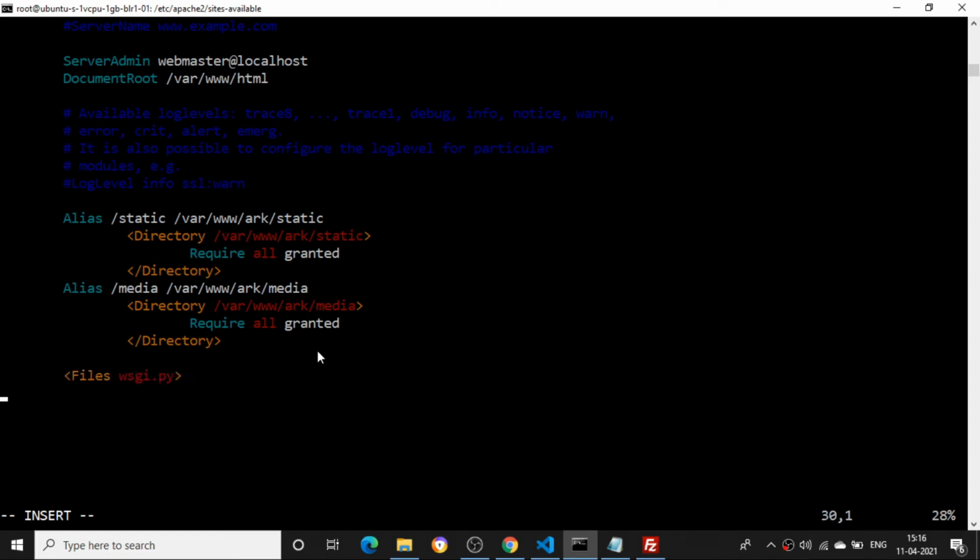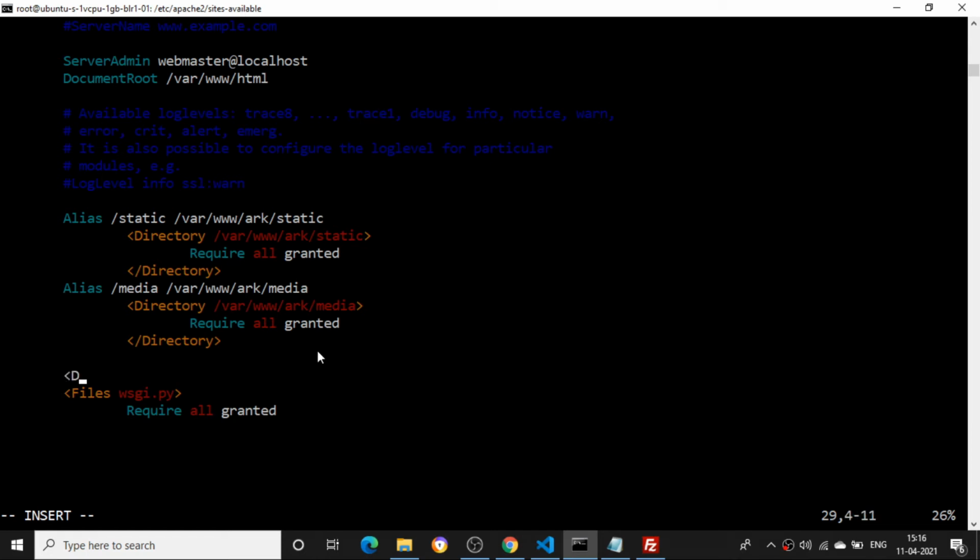Here I'll give require all granted, in the tab. Once I give require all granted, I'll close this Files directory also. I need to put these things inside a directory.